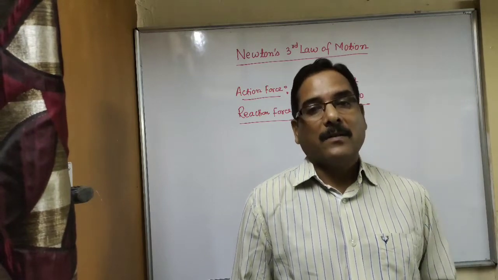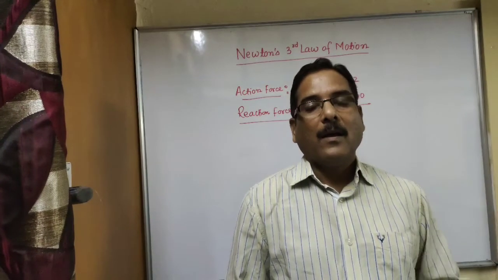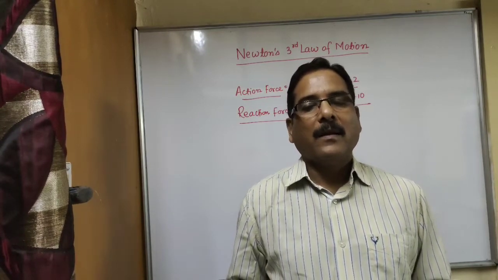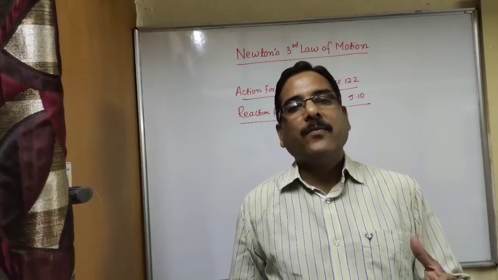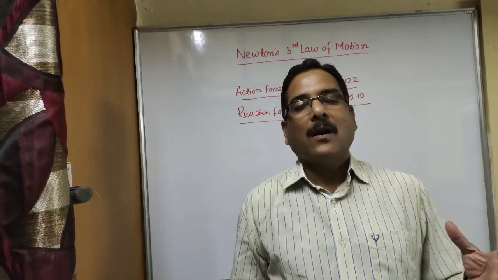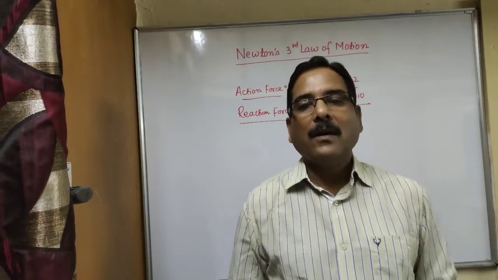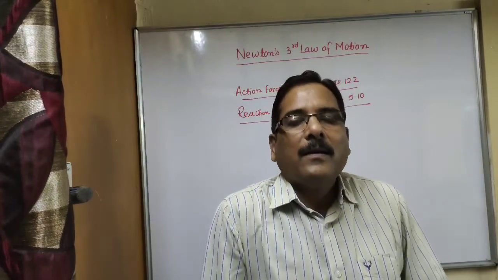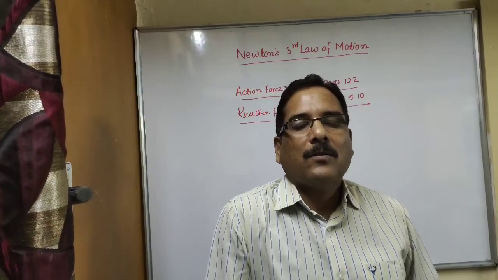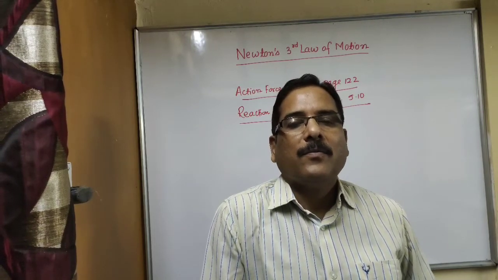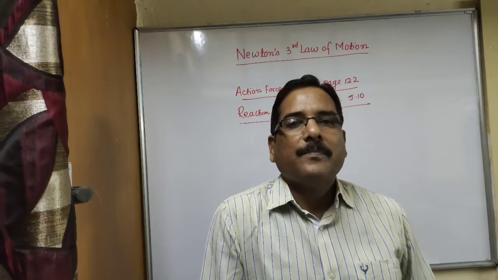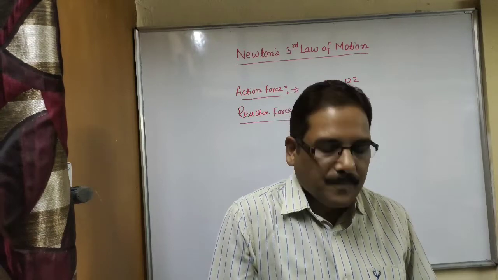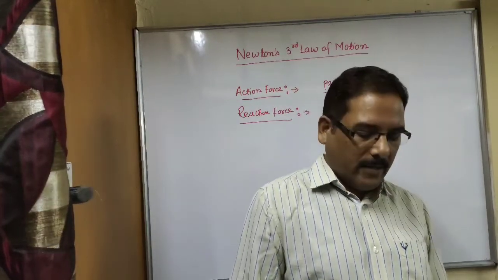Now the bullet also exerts equal force on the gun, but in comparison to the bullet, the mass of the gun is large, isn't it? As a result, the same force does not produce acceleration of that magnitude in the gun. I think it is clear to you why the accelerations produced by the forces are different, because the acceleration produced on the objects depends on their masses. So this line is again very important. You write it.